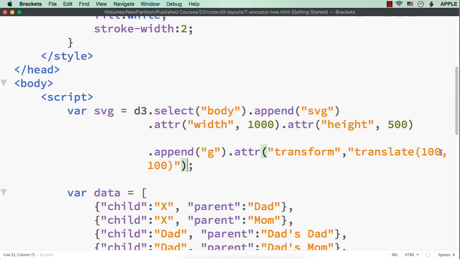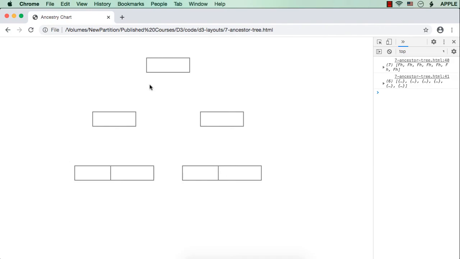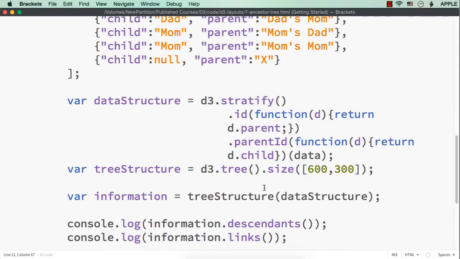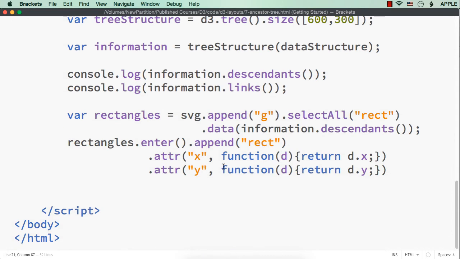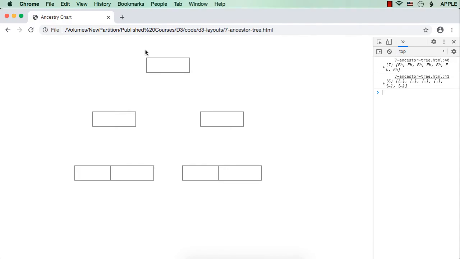I think we can move only 50 px towards the bottom. See, this is how it is getting displayed. Now we could see that this rectangle is getting displayed at the top. So by default, when we specify d dot x and d dot y for the x and y values, it will be displayed at the top only. What we actually need is to display this rectangle at the bottom and these rectangles at the top.